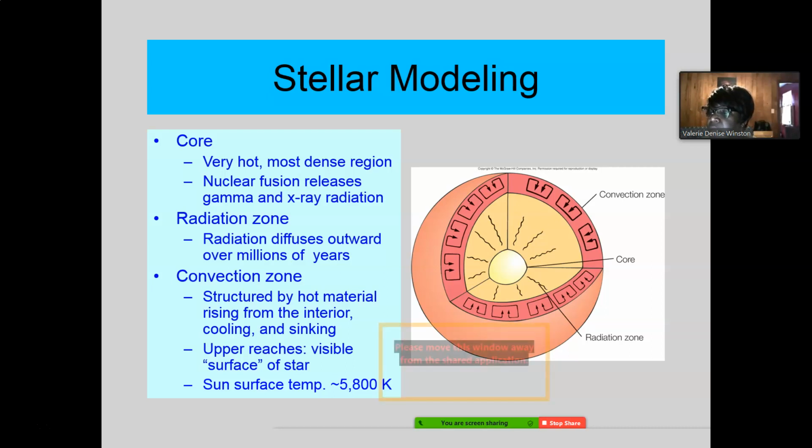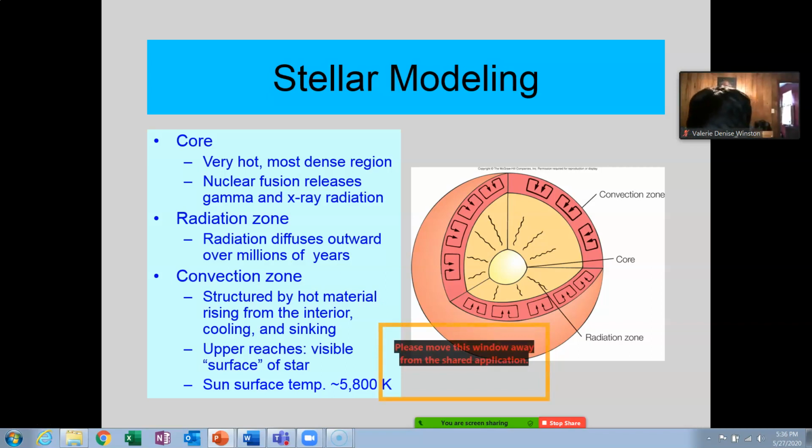Okay. Now, trying to describe this, I'll try to point out to you on this one what I'm seeing on the other one. Here's the core. That's, like I said before, where all the nuclear reaction is going on. Okay? This is the radiation zone here. That's where the radiation is leaving from the core and moving toward the surface. Okay? That's where most of the energy transfer is happening.